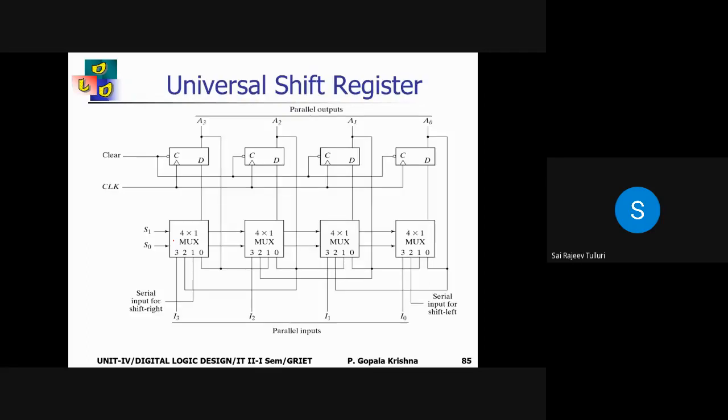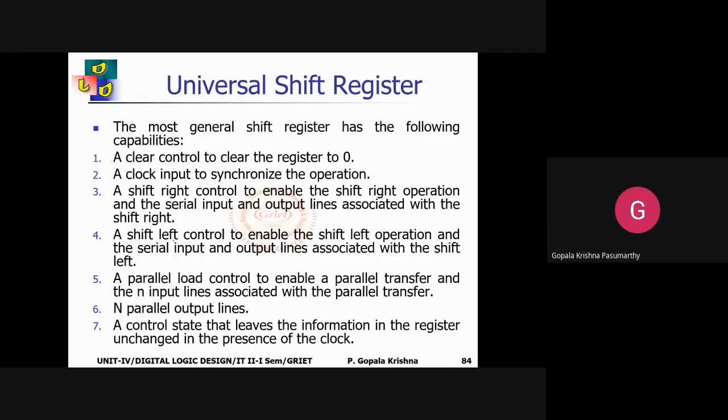Sir, slide number 84, sir. I mean. Which one? Yes, sir, exactly. See,